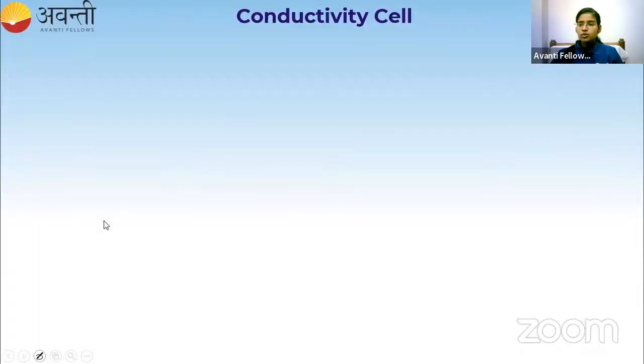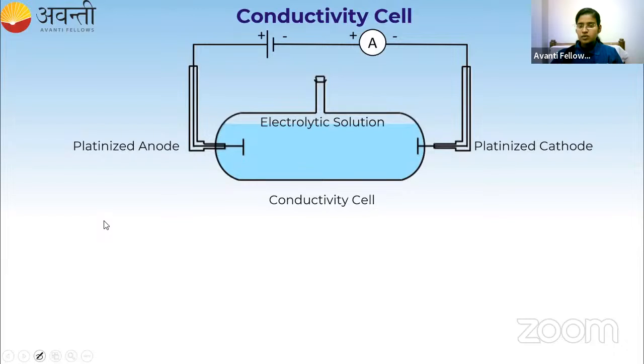Here I am going to take a conductivity cell, in which we have a tube filled with electrolytic solution, and two electrodes are here. One is a platinized anode and the other one is the platinized cathode. And they are connected to a battery, ammeter, etc. Okay. Now,